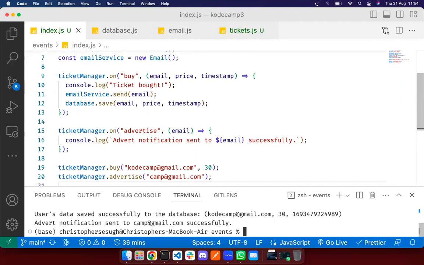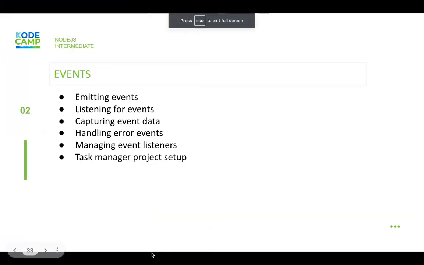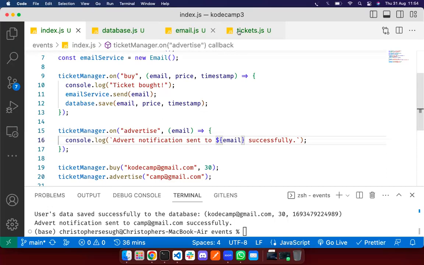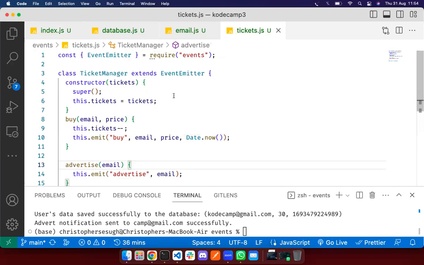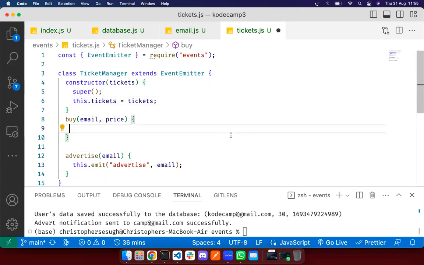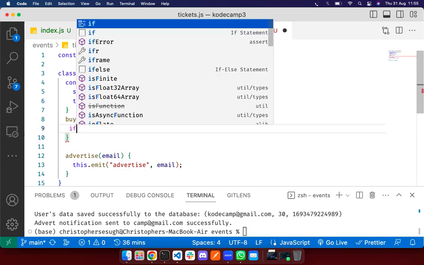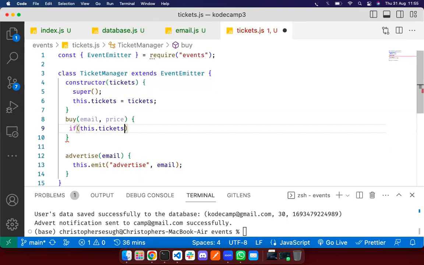Okay. So next on our list, we have handling error events. Right now we are not having any errors, but what if we add a functionality here in our ticket class, let's call it a class anyways, that will implement something in the buy function? We'll add an if statement, a conditional statement there. If this ticket is greater than, okay, let's say if it's